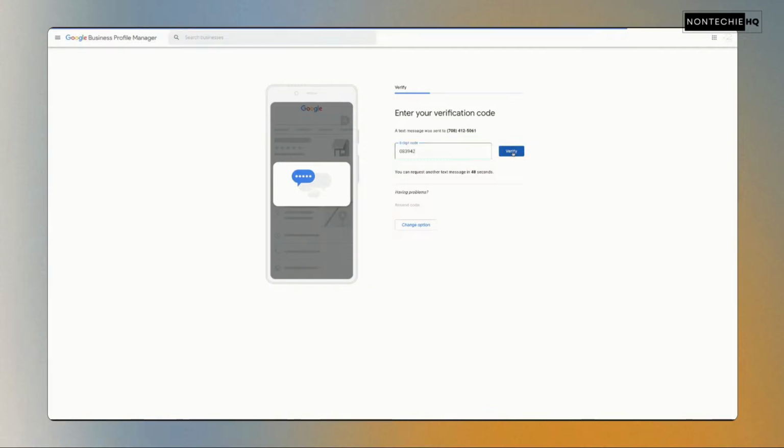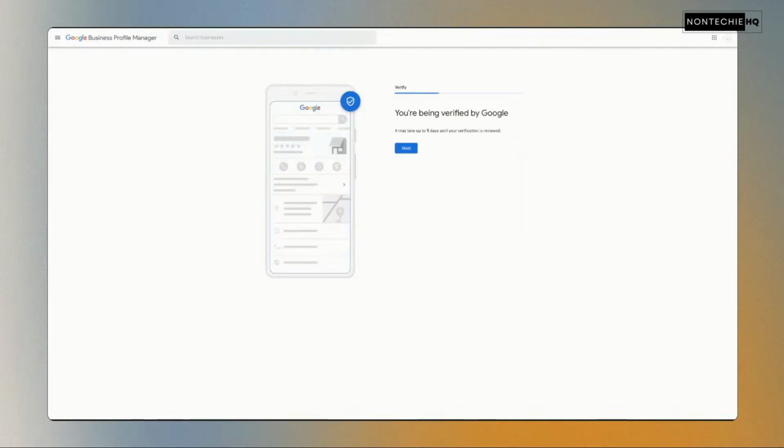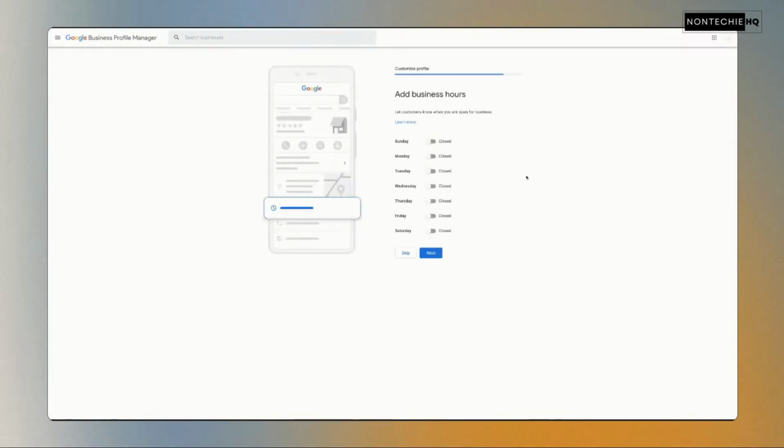It'll let me know that I put in the information, and then up to 5 days, they will verify this. Now, this doesn't mean that you can end here. You're going to finish putting in those foundational pieces for your business. So the next thing will be your business hours. So you can do a 24-hour format, or you could do between times, and you just toggle these on for the days that you want to have your hours.